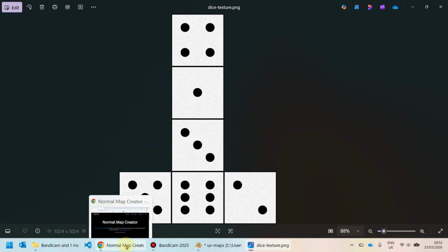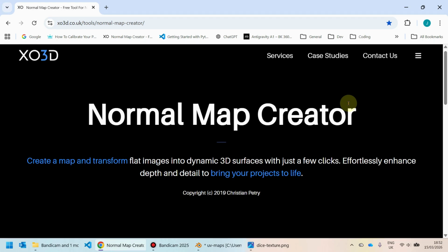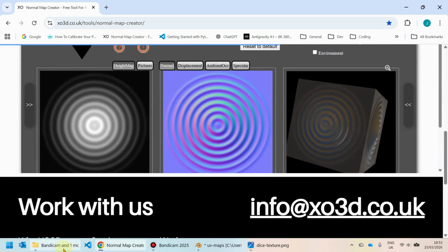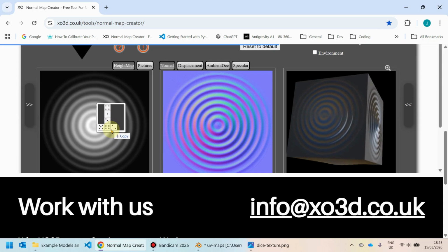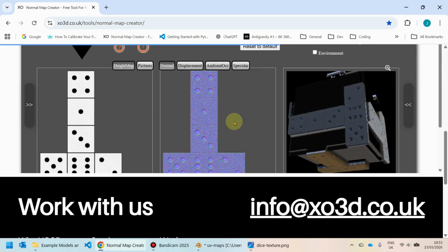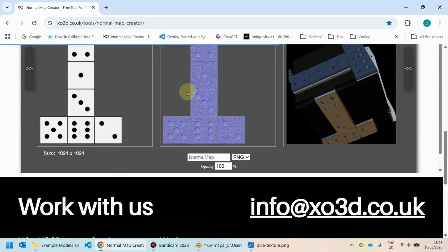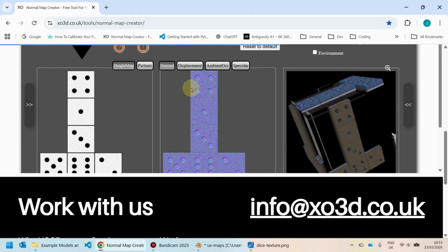So I'm going to go to a normal map creator online, in this case xo3d.co.uk, and I'm going to scroll down a little, and you can see these three images here. I'm going to go to where my dice texture is, and I'm going to drag it onto my normal map creator and into the grayscale image here. I'm going to let it go, and you can see that it's created almost like a 3D effect, if you like, where the dimples are